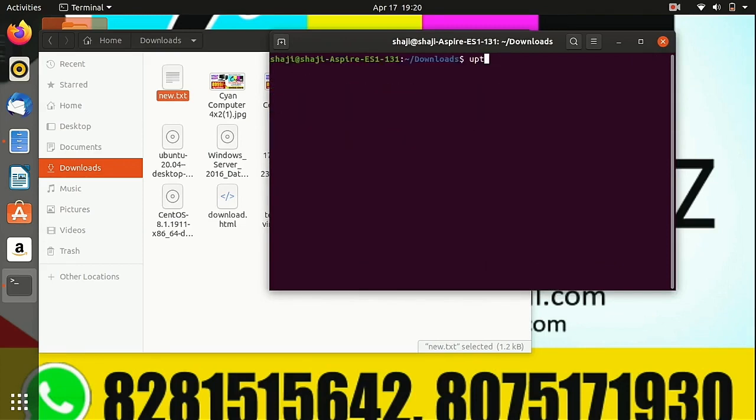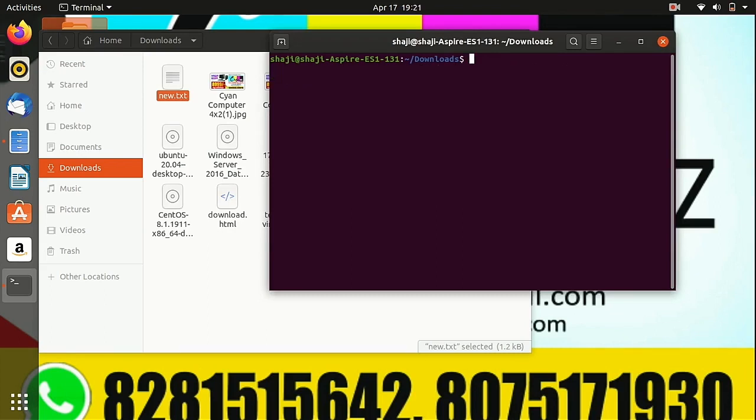The next command is uptime. This command shows since how long your system is running and the number of users currently logged in. Currently I have only one user. The time is also showing how long I am using this system, and the load average. The next command is history.